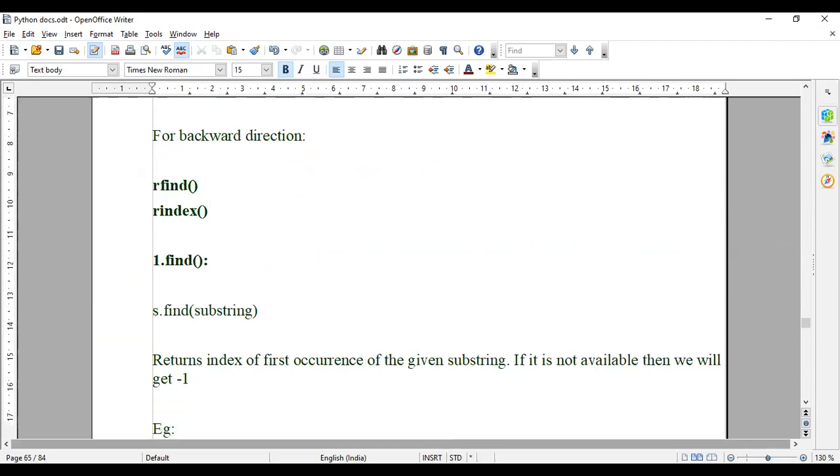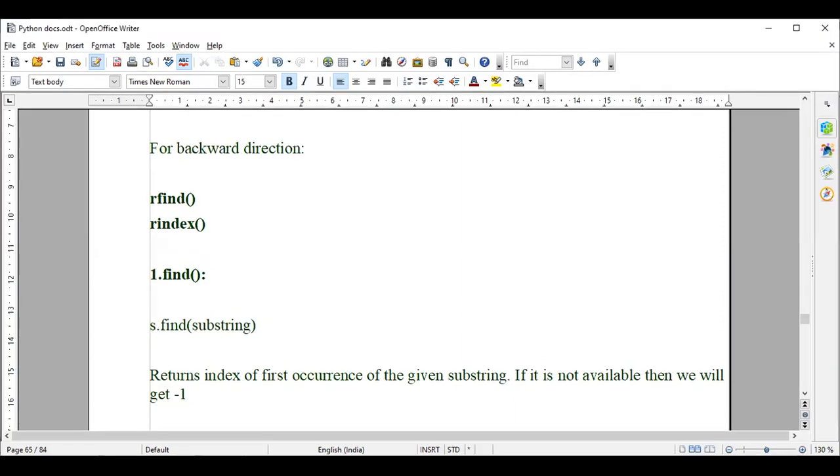If I use R index, same 26, 26. Okay, maybe not a problem. Why is this screen sharing? Push.